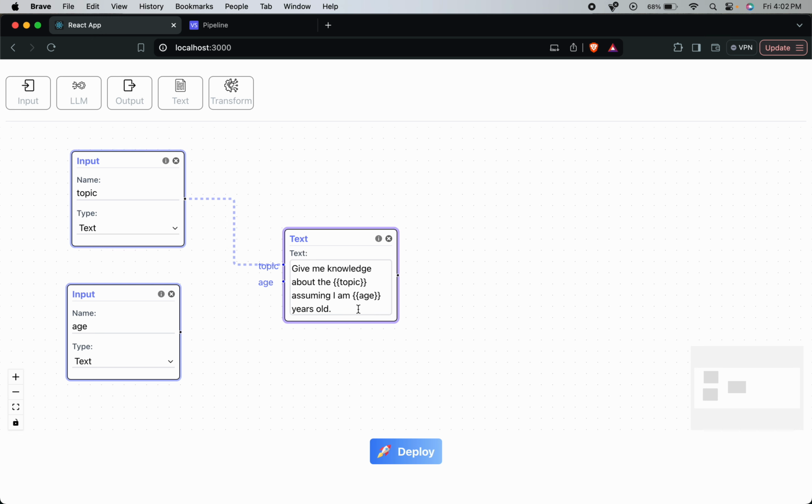This text area is basically increasing in height and width as the user keeps on typing, and along with that we have these variable names which appear on the left side of this text node as we provide variables in the text node. So we'll simply connect these two, and apart from this, I have created this